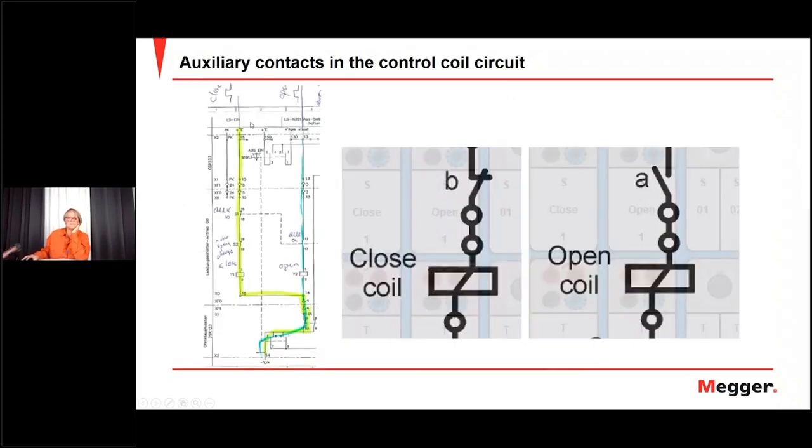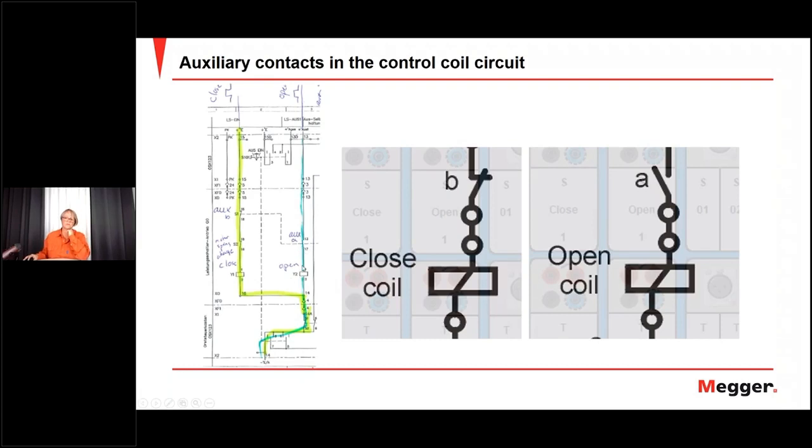Go and paint this part of the circuit diagram to make it a little bit easier. Here you go through the different parts and you come to the auxiliary contact. So now you are in the position you can close the circuit breaker, and here is the closing coil meeting the minus. Here you have an open circuit, you have an auxiliary contact A, so it's open, so it can't open the breaker,